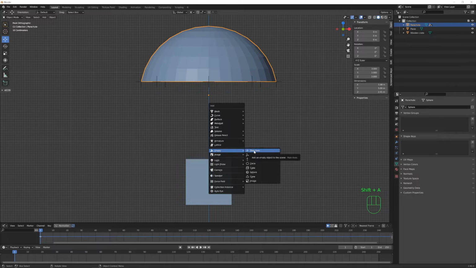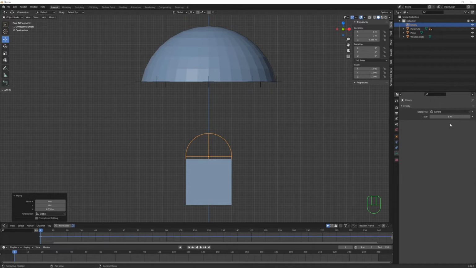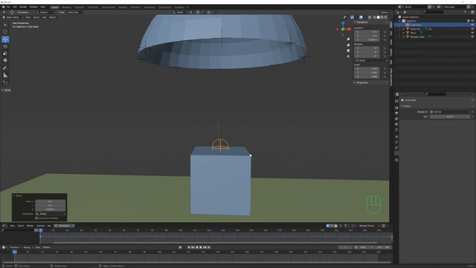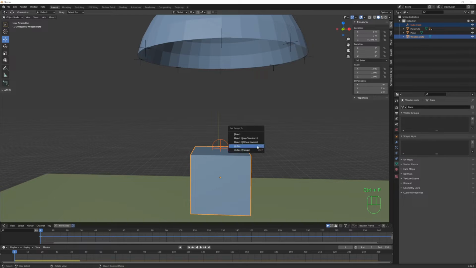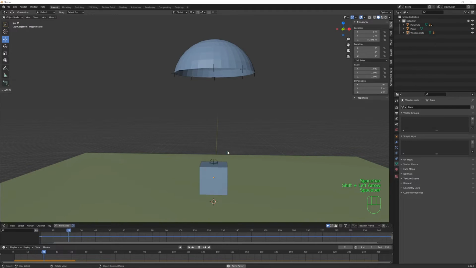So let's this time we can use a sphere. Let's bring this somewhere here on the top of our cube, and we can make this also smaller, and let's call this cube hook. Now I want this to be child of our active object here, so I can shift select and this time set parent to object. So now if I play the simulation, this null object is following our active rigid body,